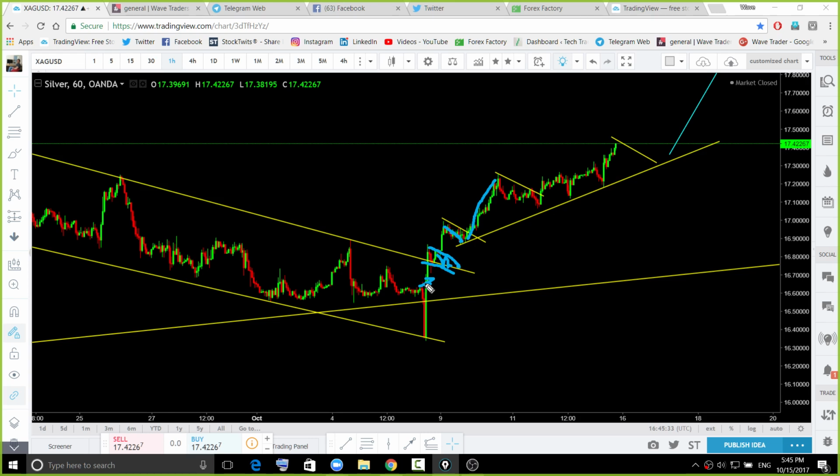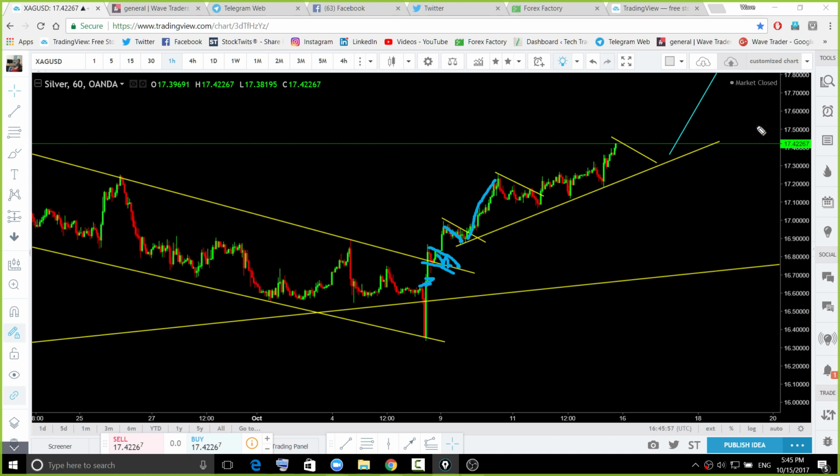So if you are looking to buy the silver or the gold, you have to understand that you are buying very, very late. So you missed that. That's okay. There are other opportunities which I have just shown you, lots of other opportunities you can look for. We're going to go through a couple of others as well.